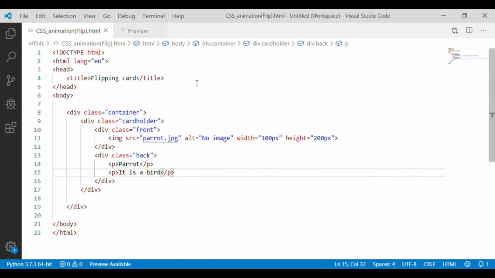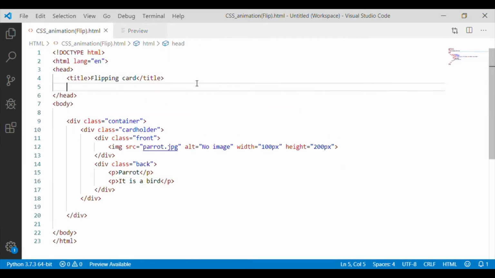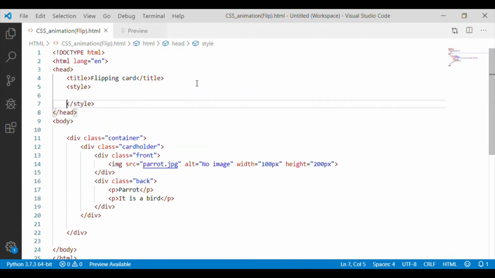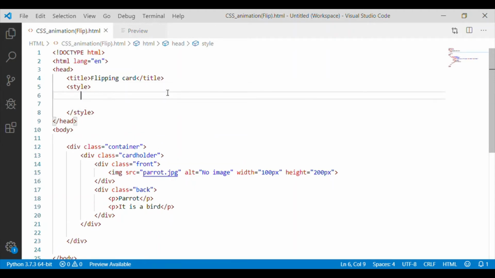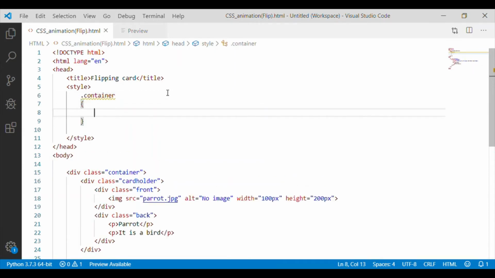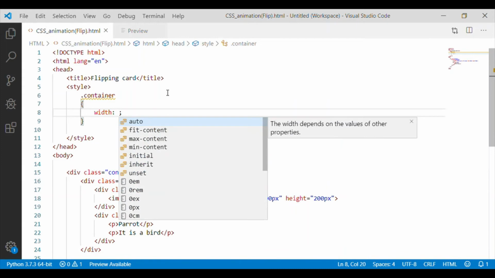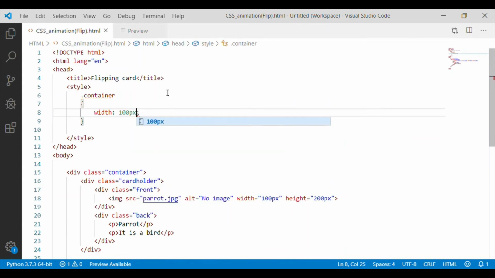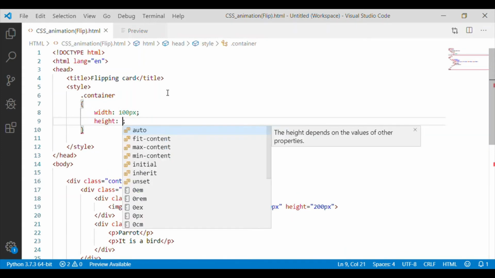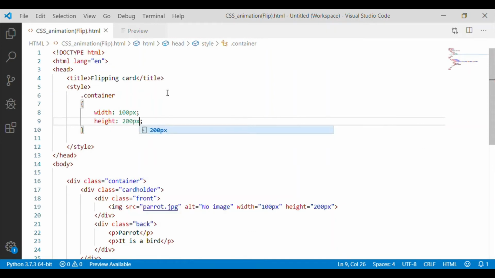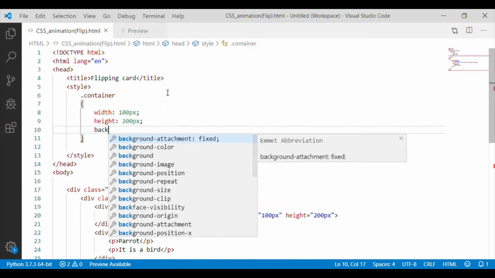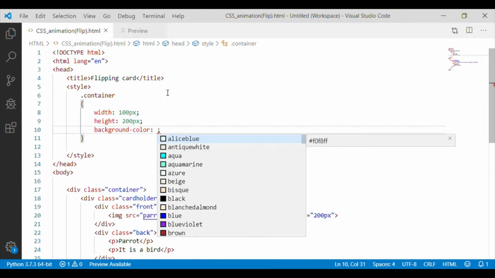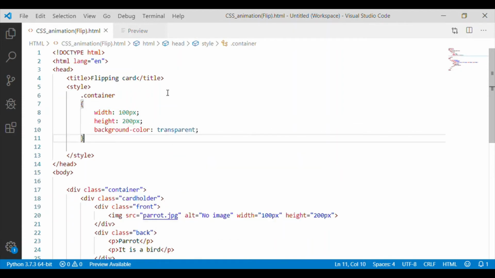So coming back to the HTML file, we will create styling first for the container, which gives the space. So for the class container, we will give the width and height. I am going to give 100 pixel for width and a height of 200 pixel. The background color for this container I am going to choose as transparent, because let the front of the card and back of the card take over its own